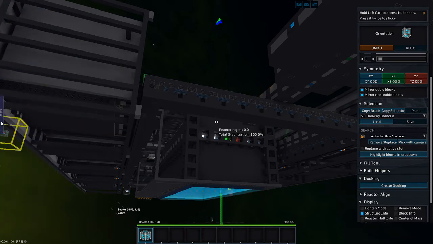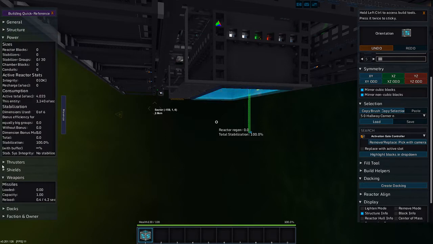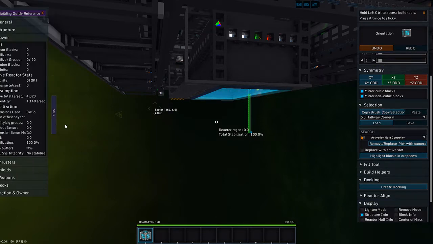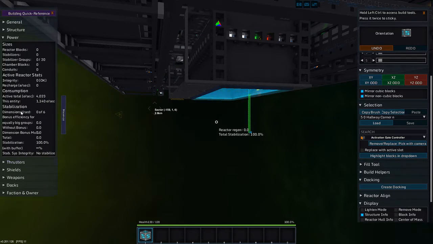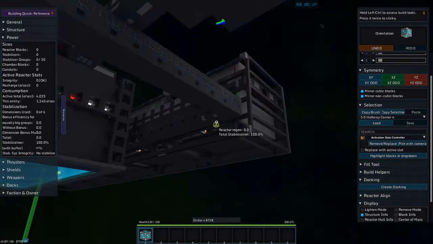You don't have this thing when you go into advanced build mode, holding down left control, click stats, and it should pop this up. If you don't see it, you could also do under the right one, under display, structure info. If you tick that, it'll bring this. So, reactor blocks, there are no reactor blocks, there are no stabilizer groups, no conduct chamber, no conduits, no integrity, no recharge, nothing. Although it is using 4,000 energy per second. Well, it's not, because there's actually nothing there. But anyway,